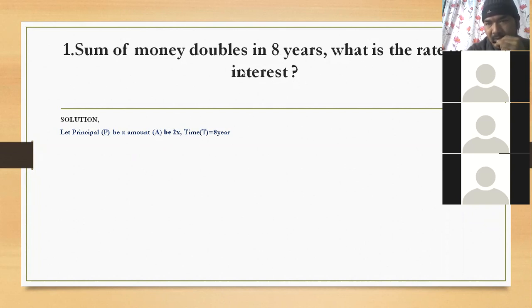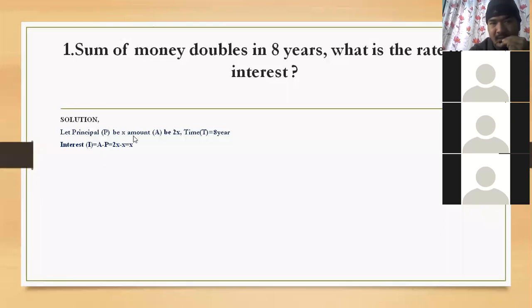Can you tell? Can you speak once there? Sum means what here? Principal. Yeah. If the principal doubles, whatever is double, that money will be what, under which topic? Amount. Very good. Whatever is double will come under the topic amount. Understood? That is the main thing to understand here.